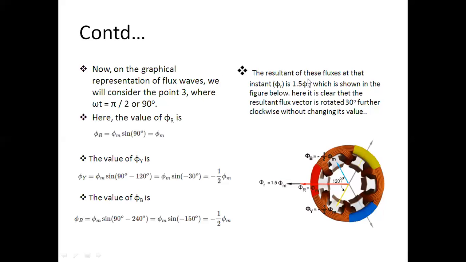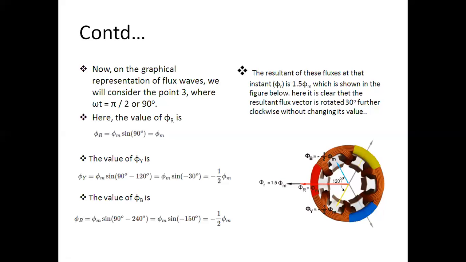So the resultant of this flux at that instant is 1.5 phi m, as we have generally seen from the pictorial rule, where phi b is minus half of phi m and phi y is minus half of phi m. So the resultant value, that is phi r, is 1.5 phi m, and here it is clear that the resultant flux vector's magnitude will remain the same, that is phi r equals 1.5 phi m, but the flux